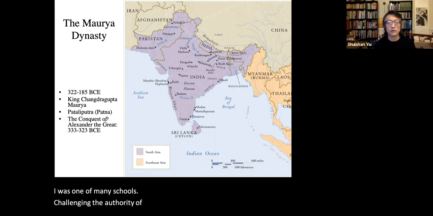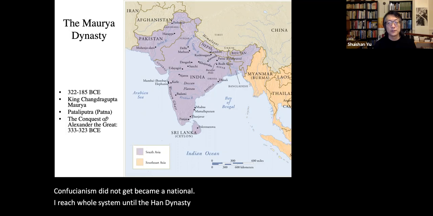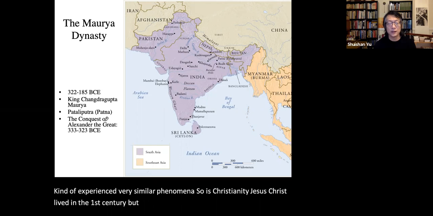Kind of similar to Confucius. Confucius lived in the 5th century BCE, but Confucianism did not become a national ritual system until the Han Dynasty, which is the 3rd century BCE as well. Buddhism experienced very similar phenomena. So did Christianity. Jesus Christ lived in the 1st century, but Christianity was not legalized until the 4th CE. So it seems that it takes a couple centuries